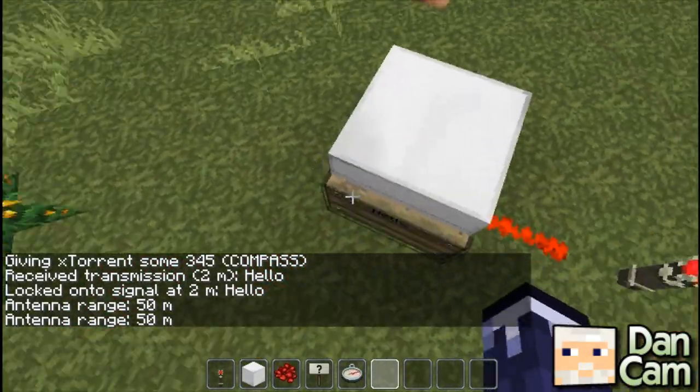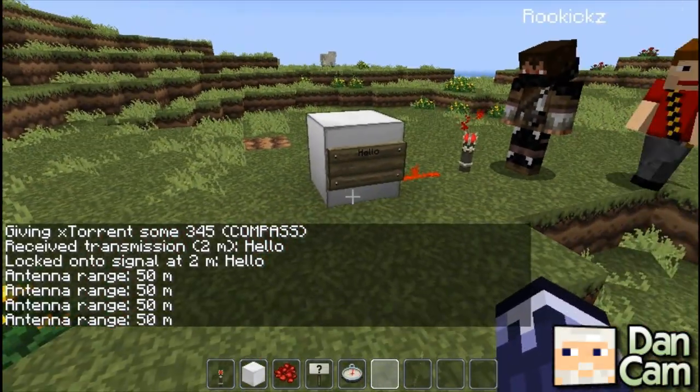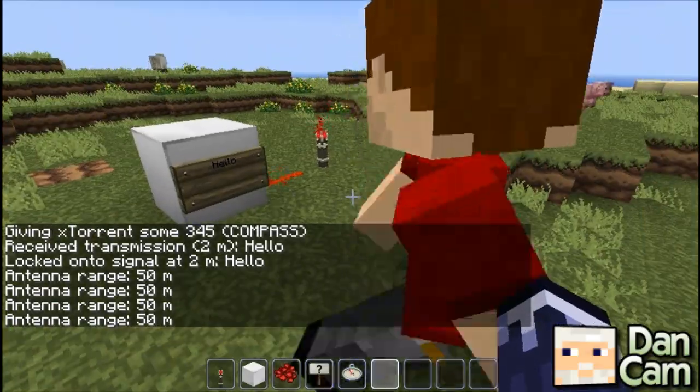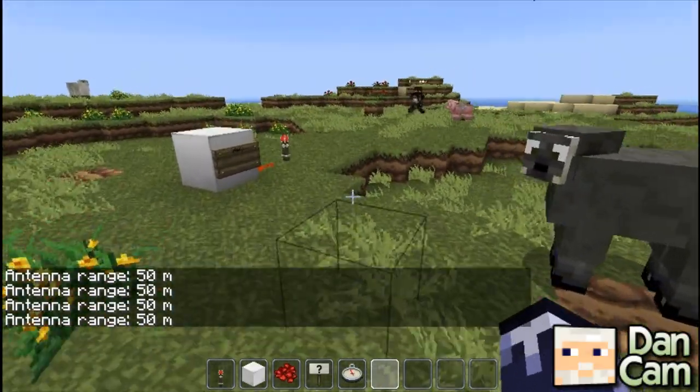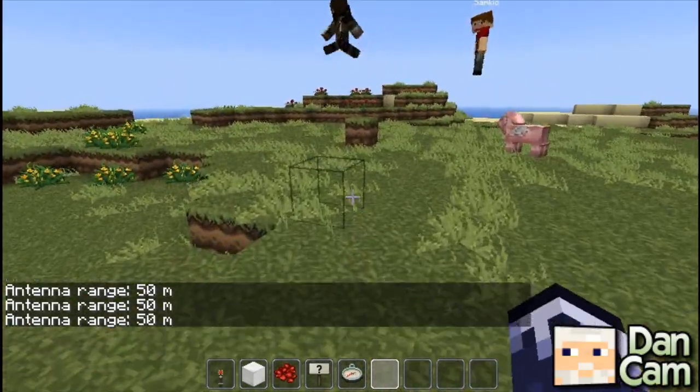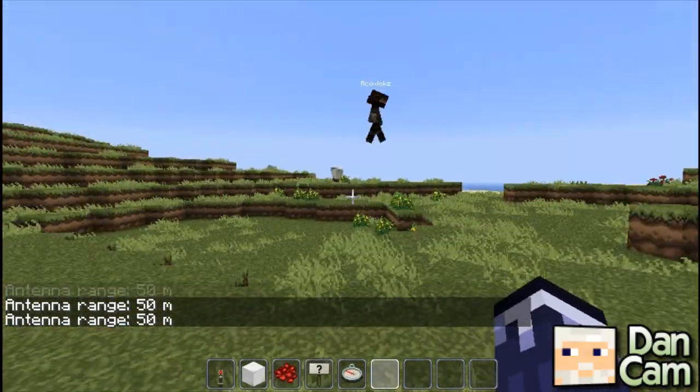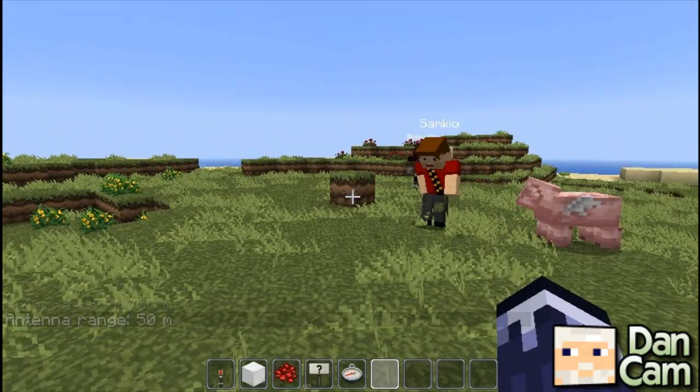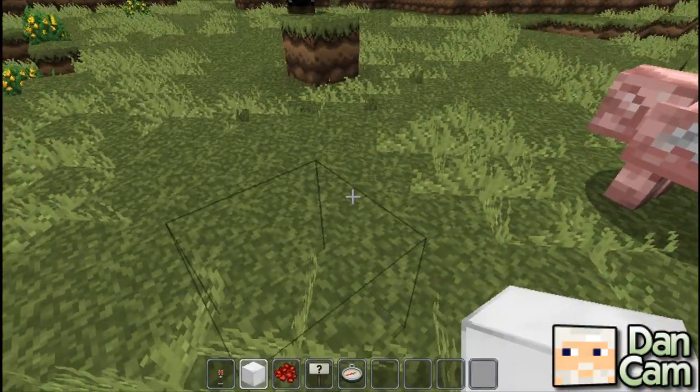In order to pick up the signal that's being broadcast from that antenna, you would have to set up another fixed one, say within that 50 meter broadcast range, as it were. So say if we made one over here. Yep, so say if you made one over here,